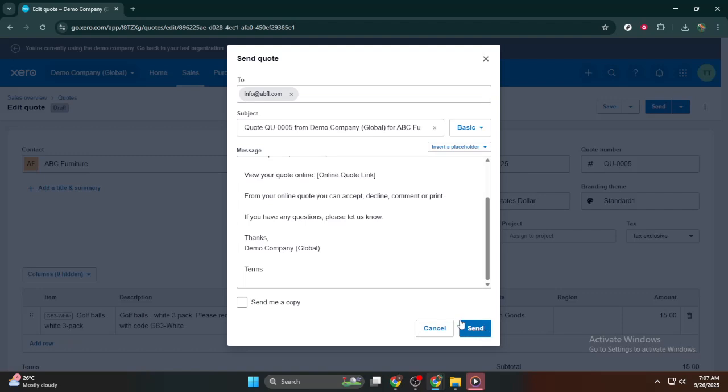Congratulations! You've successfully created and sent a customer quote in Xero. This process, once familiar, can significantly enhance your business's efficiency, ensuring your quoting process is as smooth and professional as possible. Stay tuned for more tips on